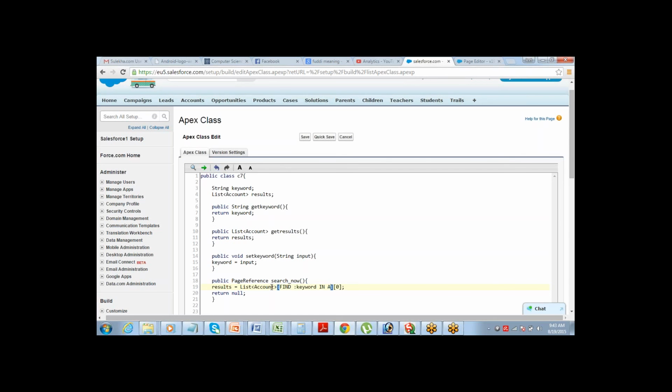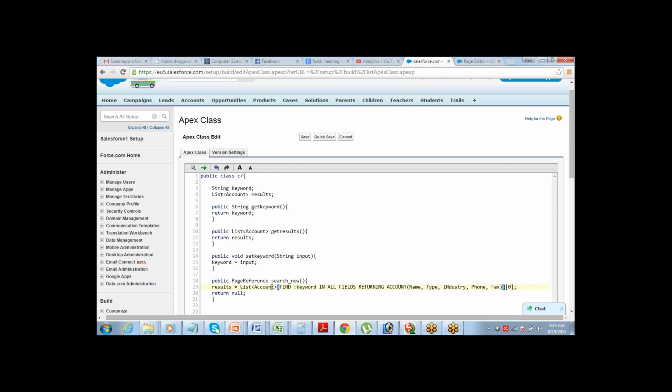In all fields, returning account, name, type, industry, phone, fax.